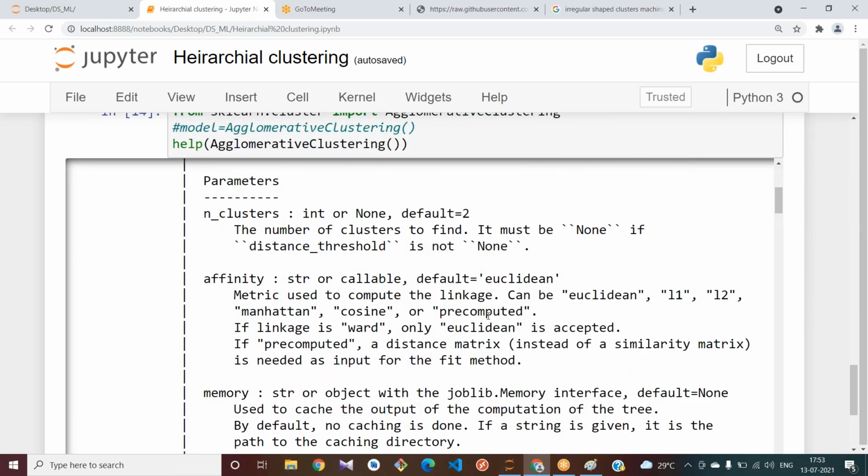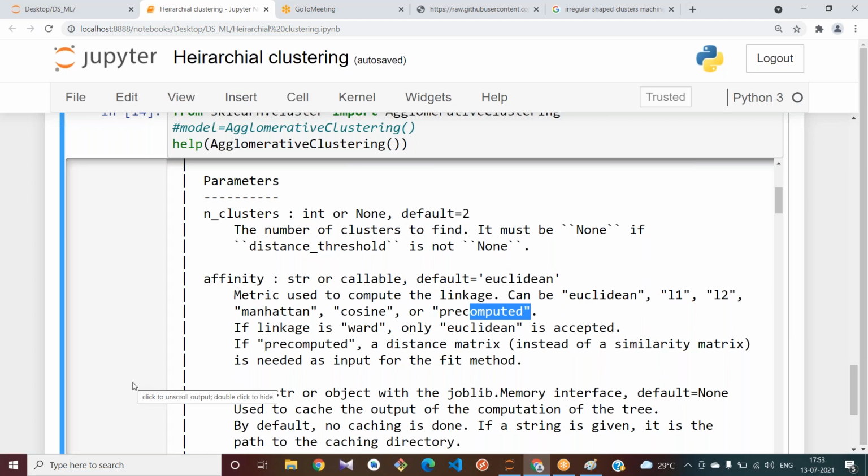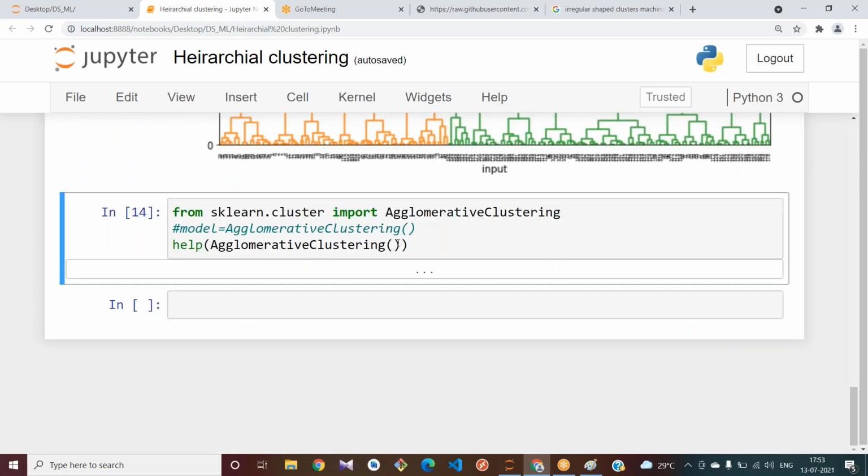Affinity is whether it tries to use Euclidean distance or other distance measures like L1 and L2, or Manhattan distance, or cosine, or precomputed. These are some distance measures we have. Let us use the known one, Euclidean distance.